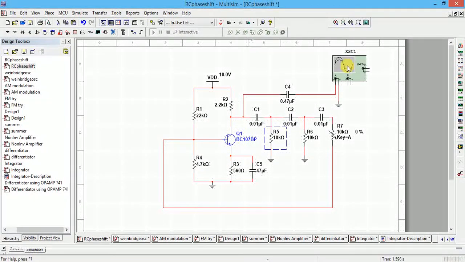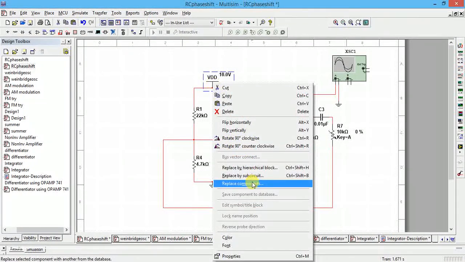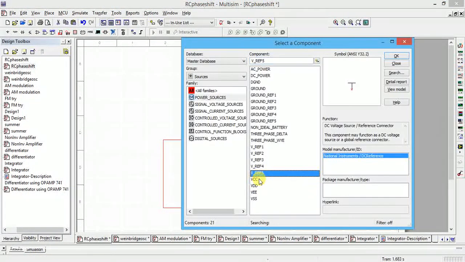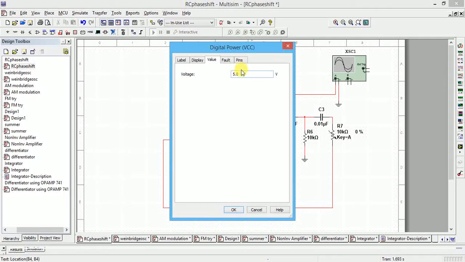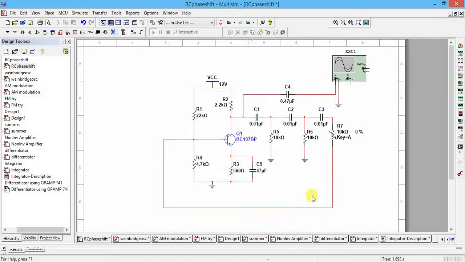So pick one oscilloscope and get VDD. Okay, this is VCC or VDD. Place component VDD or VCC, anything you can choose. This is a transistor only, so let us change this one to VCC only. Okay, 10 or 12 volts, anything you can place. Now all are over. If you want, you can rename here R1, R2, this is RC, this is RE, CE, and these are